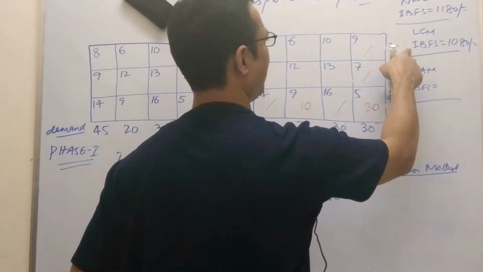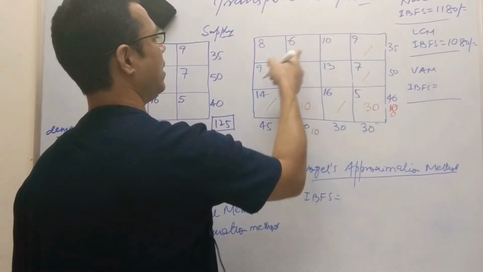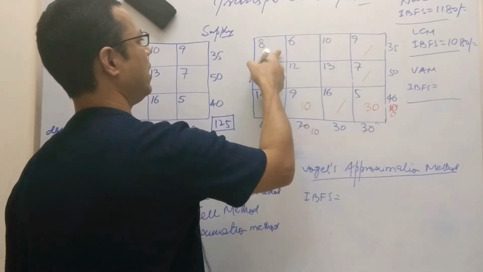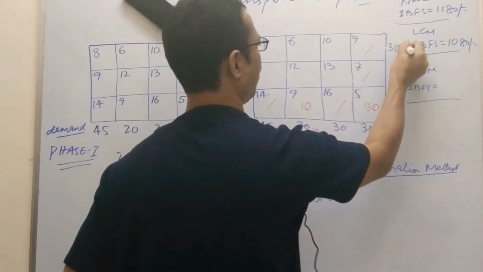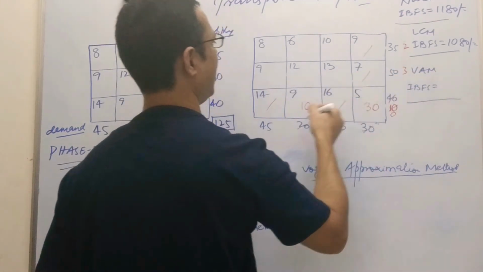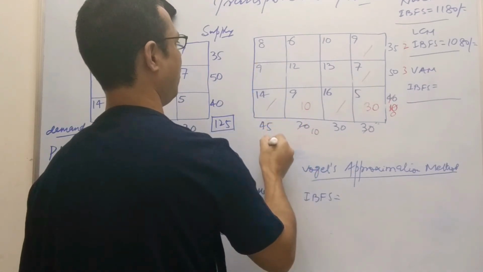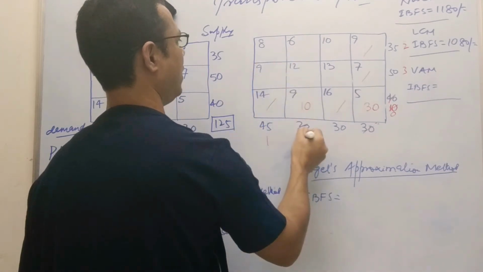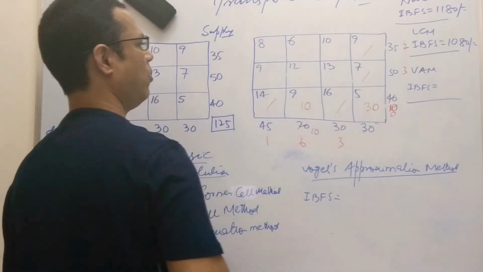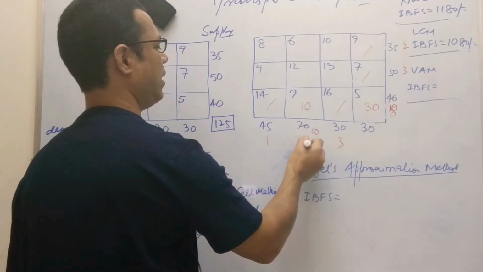All the time we need to find the penalty next because here only 6 blocks are left. So here if you find in the row, 6 and 8 difference is 2. Here 9 and 12 difference 3. There is no more here. Here 8 and 9 difference 1. 6 and 12 so difference 6. 10 and 13 difference 3. Okay. So out of all these, 6 is the largest one.